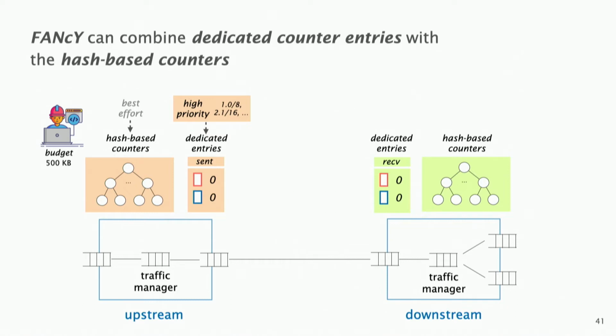Now, so far, I have shown you that we can try to find these kinds of failures using two types of counters, the dedicated counters and the hash-based counters. But we can also have a hybrid approach, with both types of counting sessions. Then a network operator, given some memory budget, can decide how to allocate the traffic entries. For example, for high-priority traffic entries, they can say, I want to use dedicated counters, which are faster and more reliable. And for the rest of the traffic, they can use the hash-based approach, which scales, but is a bit slower